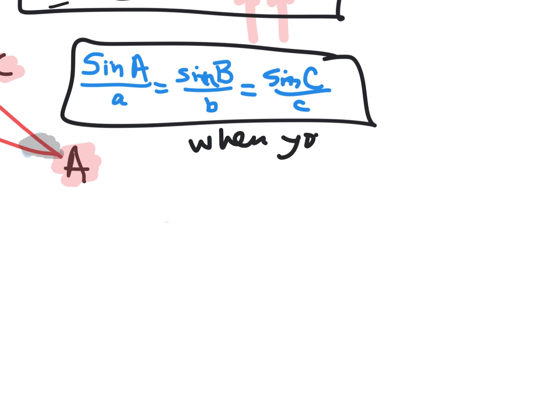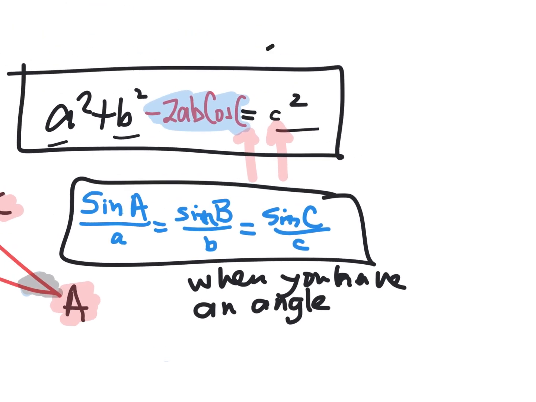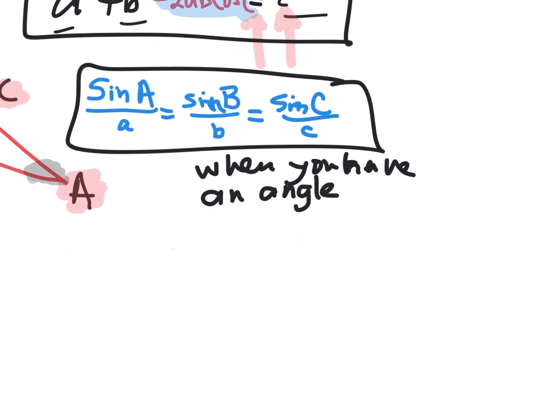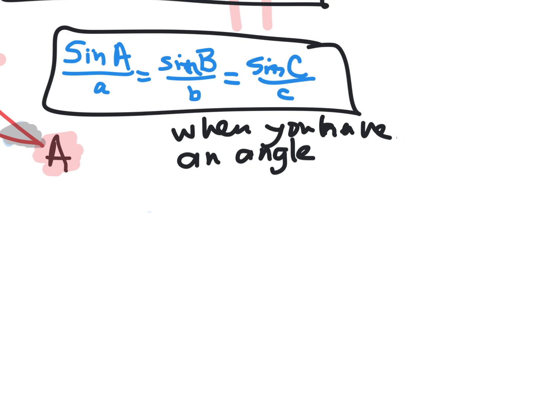When you have an angle, see, weirdly, on this formula, you don't even have to have any angles. You might be like, but what about the C? Well, then you're solving for an angle. You'd have A, B, and little c, and then you could solve for big C. So you don't even need an angle for law of cosines. So when you have an angle, you have to have an angle or you're not going to use law of sines. The end. Okay. But if you have an angle and the side